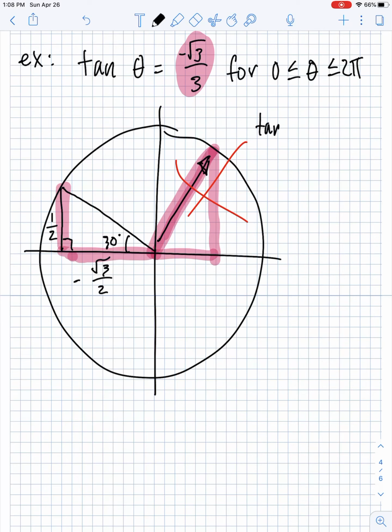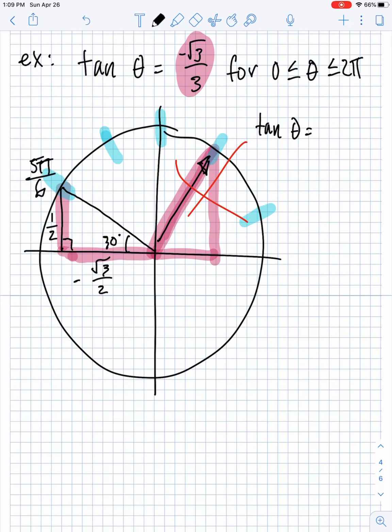So let's just try it and see what happens. Tangent of theta. Oh, you guys, we never said where that is on the unit circle. Let's see. That's counting by pi over 6s. Here's pi over 6, 2 pi over 6, 3 pi over 6, 4 pi over 6, 5 pi over 6. So if we were to take the tangent of 5 pi over 6